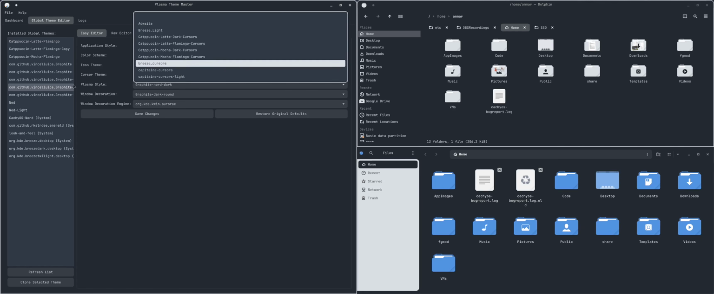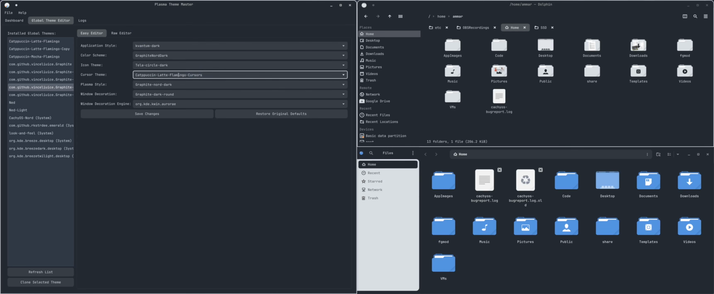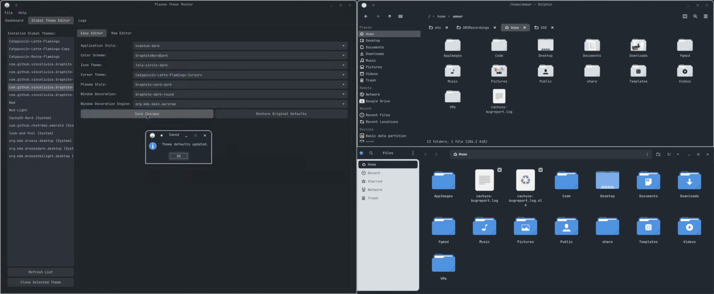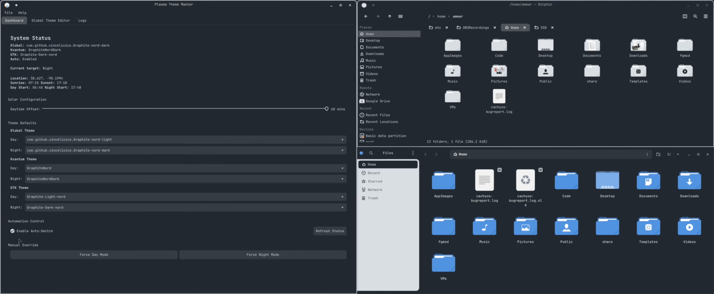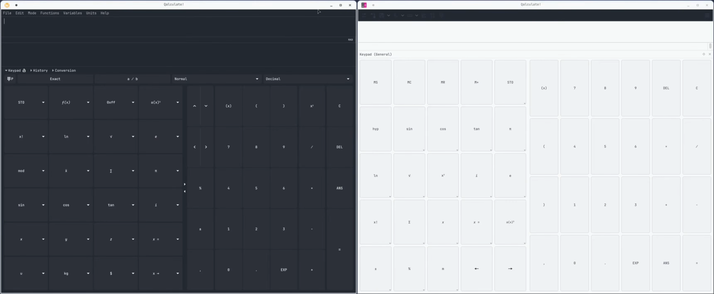changing the global theme's parameters won't actually trigger anything with the app until the next day-night cycle, unless you manually trigger it yourself, which I can show you how to do now. We're going to use the light pink cursors because they are more easily seen. So now I can either force day mode, which will put me on a different theme, and as you can see, everything changed other than the